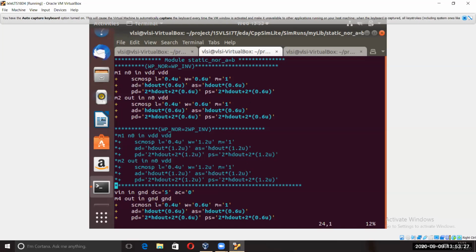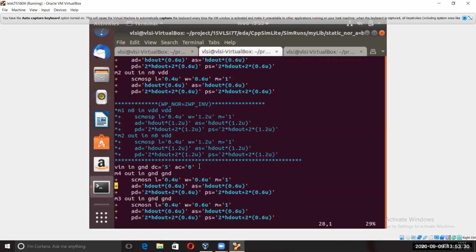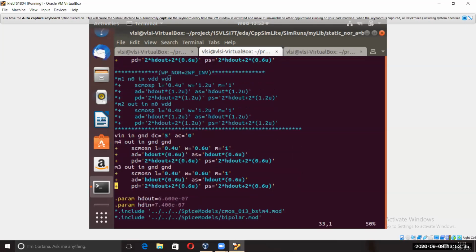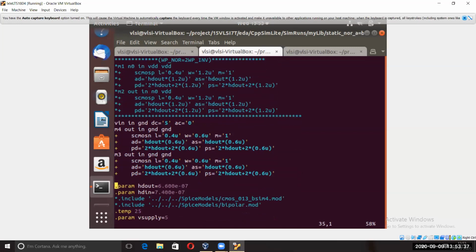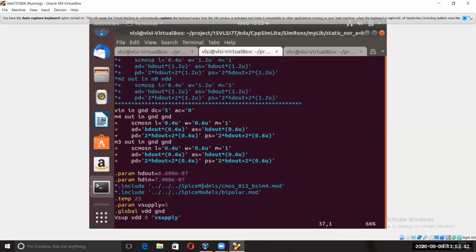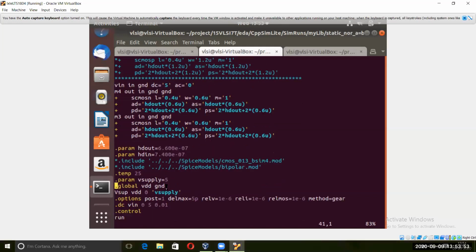Then this is the DC voltage we have given. Then this is the NMOS part. It will come by default as you are doing this ngSpice simulation, netlist, HSPICE. This thing will be there. Then just comment these two as we always do. Then change here the V supply to 5 volts, and the same is written here. The value you write here is called here, like in C programming, you declare a value and it will be called. Same thing is there. Here we are interested in the static, so DC.